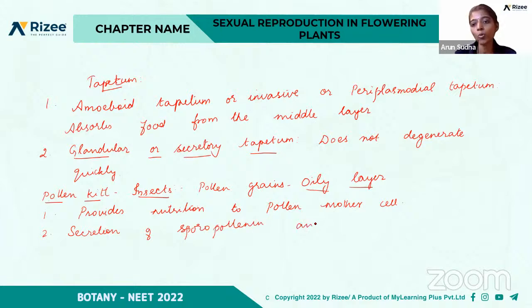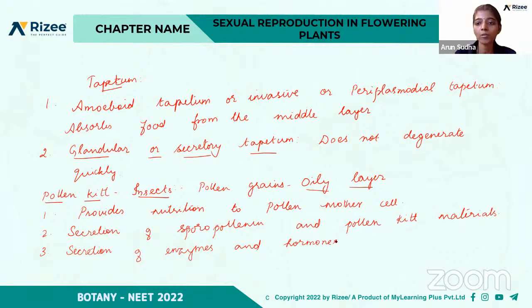Pollenin, and also pollen kit in some cases. Pollen kit materials. And the third main function is secretion of enzymes and hormones. And the fourth main function is that it is involved in the formation of